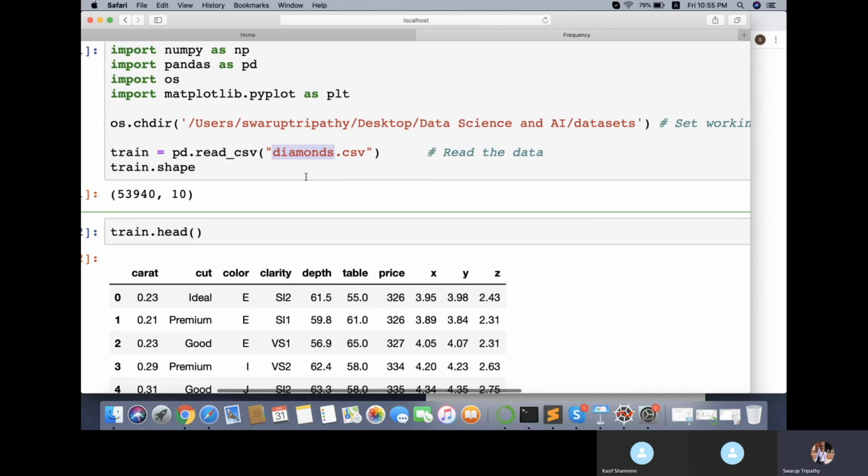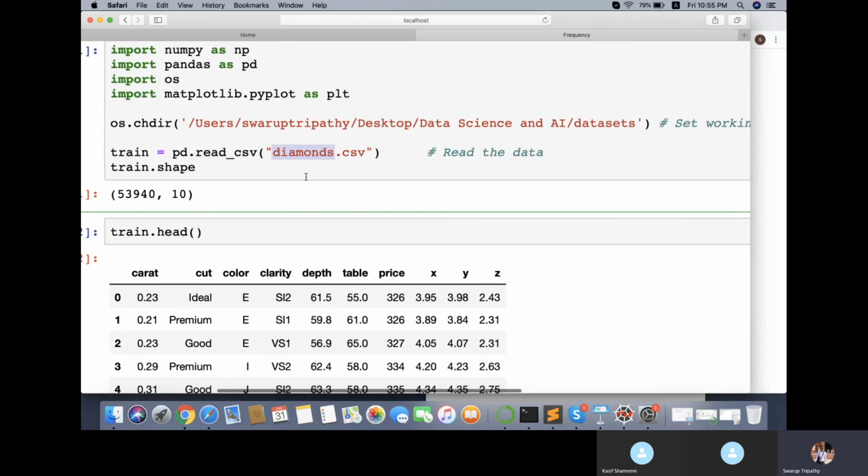Then there is something called clarity. If there is any inclusion within the diamond, they have rated that. This is also categorical: SI means small inclusion is there, VSI means very small inclusion is there.